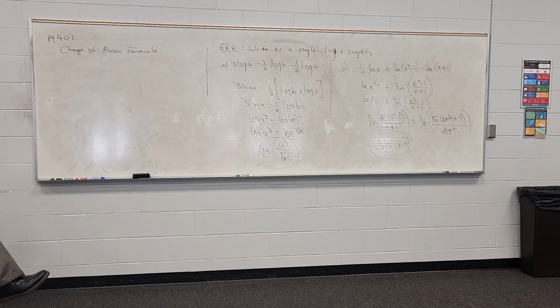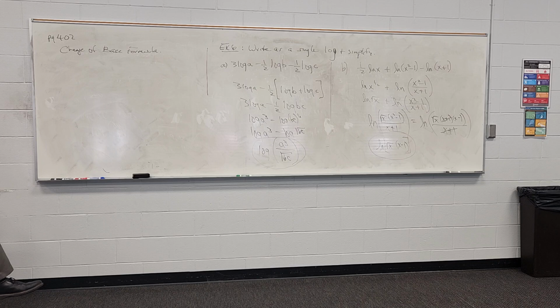Okay? We said that your calculator can only do base 10 and base E calculations, because you have a log x key, that's the base 10, the common log, and you have an ln x key, that's base E, the natural logarithm. So your calculator, if you have that recommended calculator for our class, can do base E or base 10 calculations, okay? But it can't do base 2 calculations, for example. It can't do base 7 calculations. It can't do base 3/4